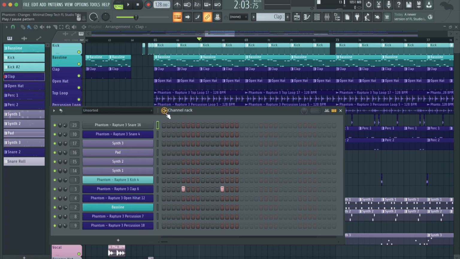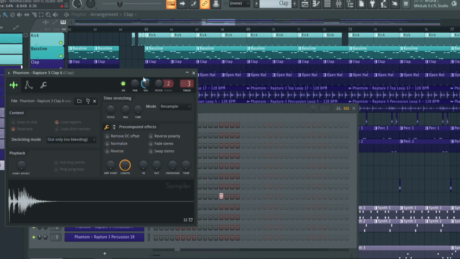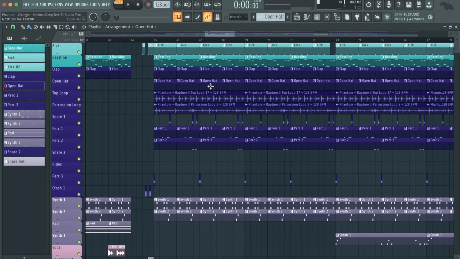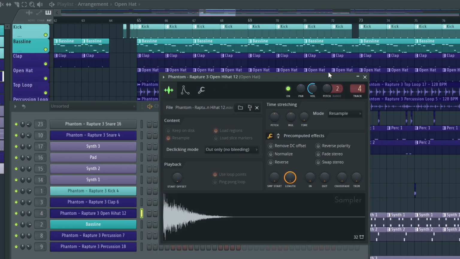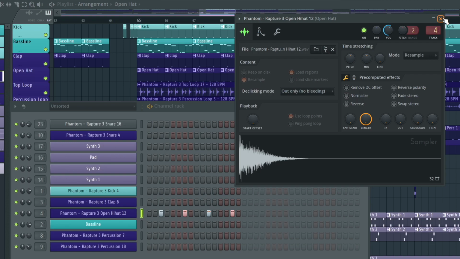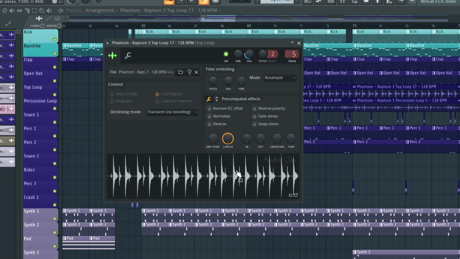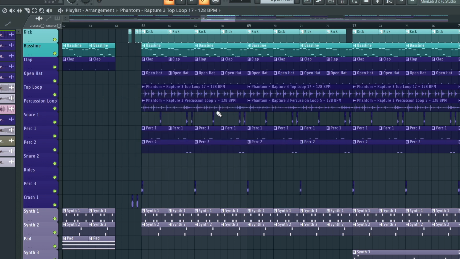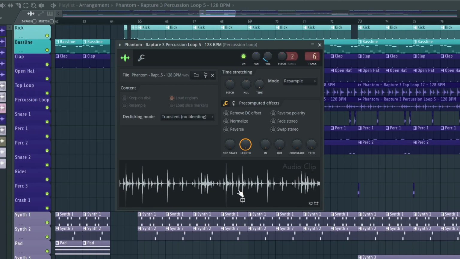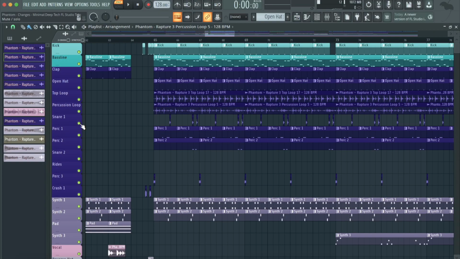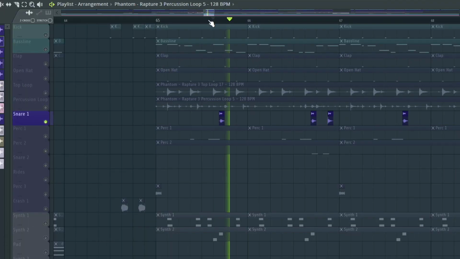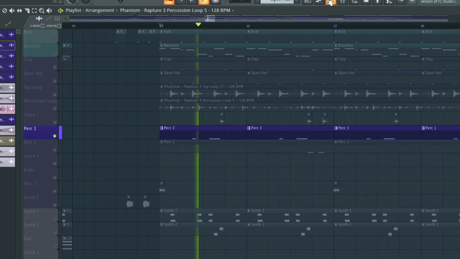So now moving on into the drums, we have this clap, some open hi-hats, a top loop, a percussion loop, some snares, a couple of more percussions,